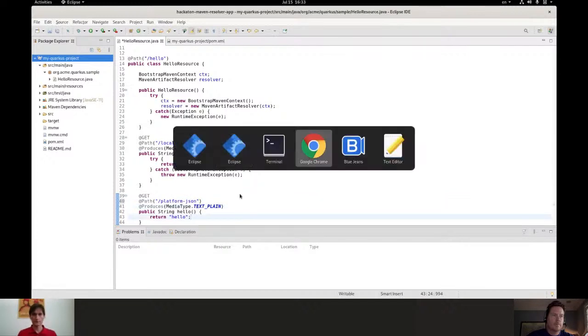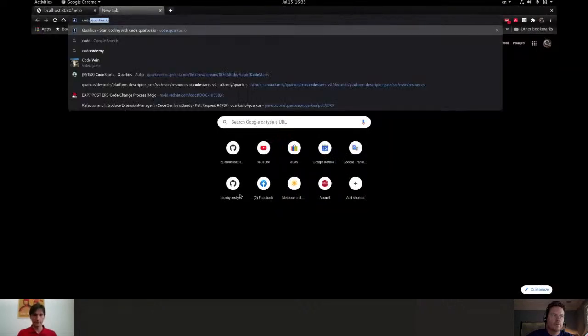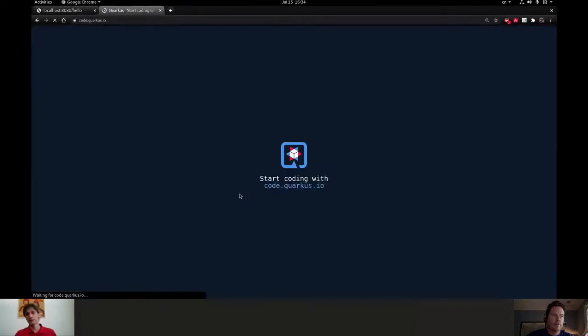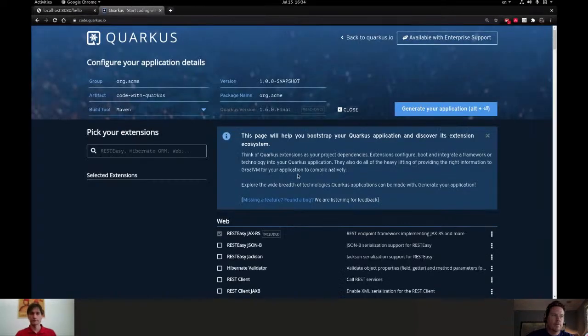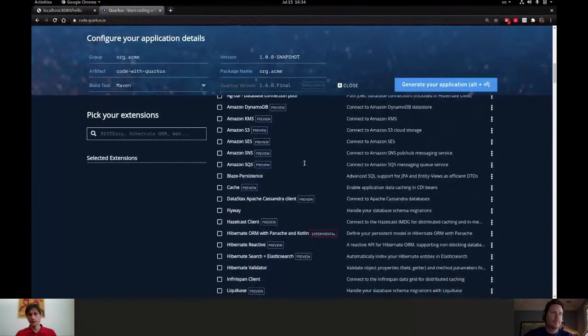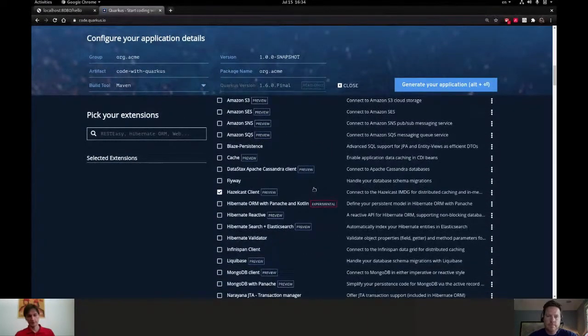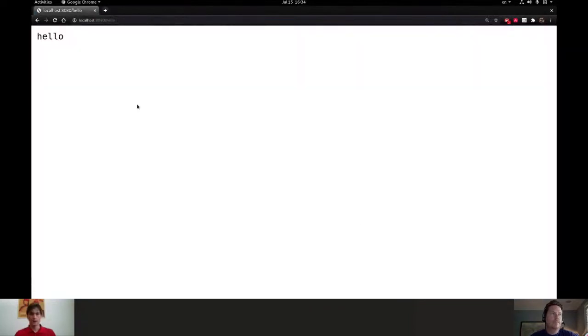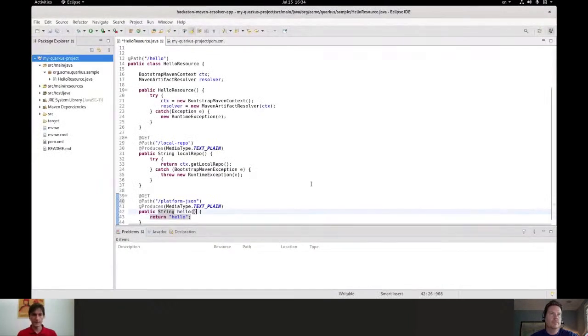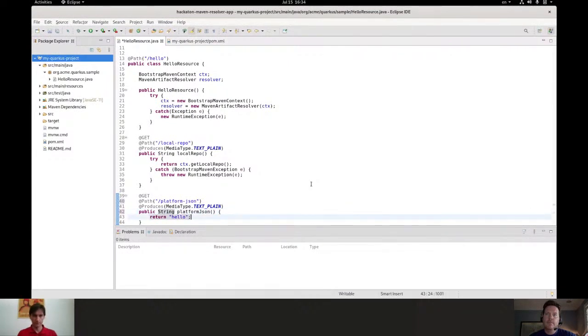If you go to the website quarkus.io, you can see that it lists a bunch of extensions. This list of extensions comes from a JSON file, so it's generated from a JSON file. And that JSON file is actually a Maven artifact. So I will just, as an example, resolve that file